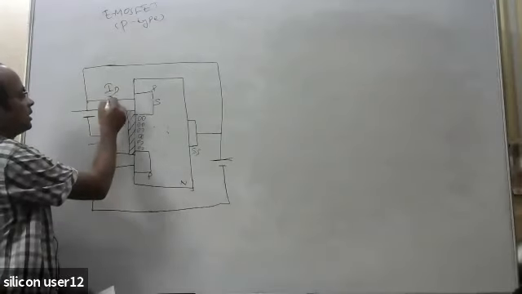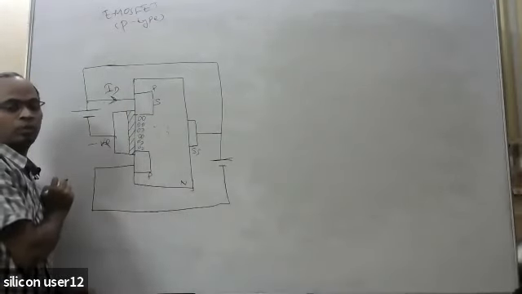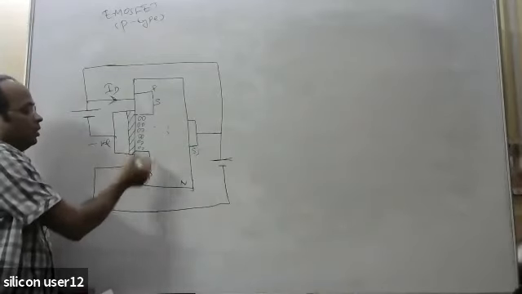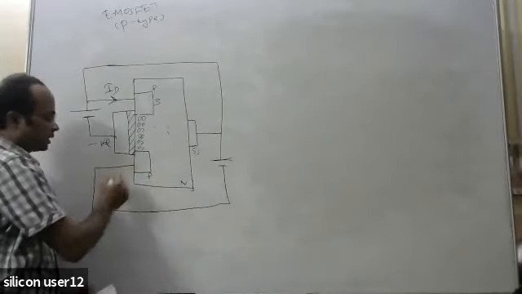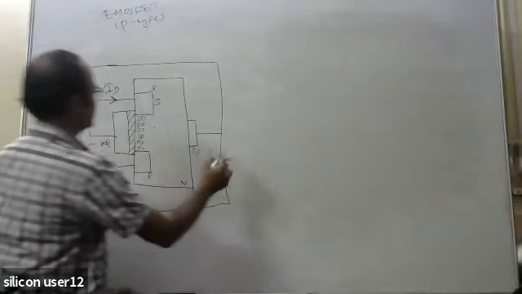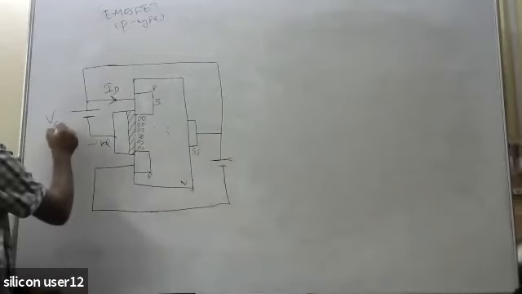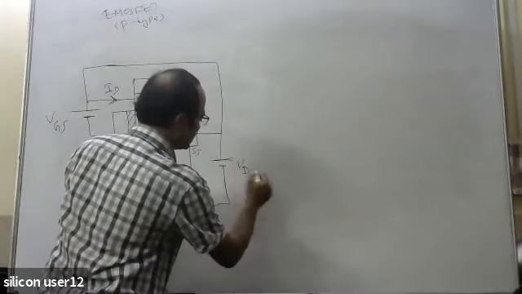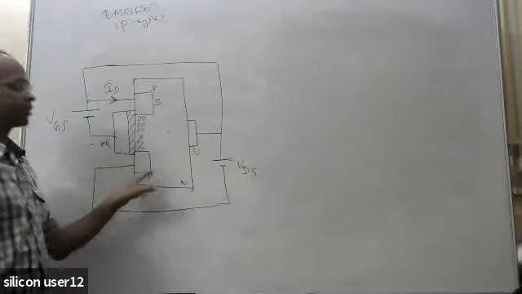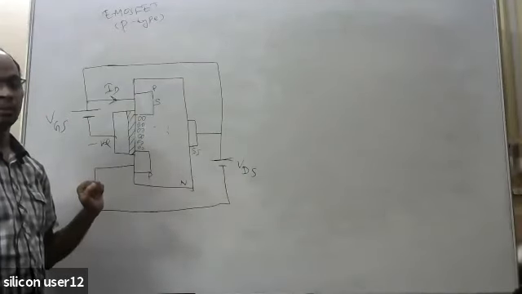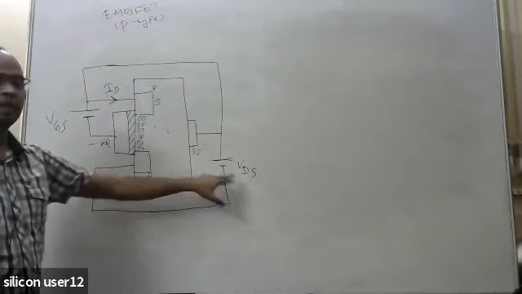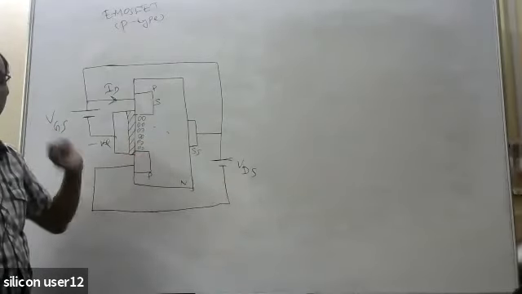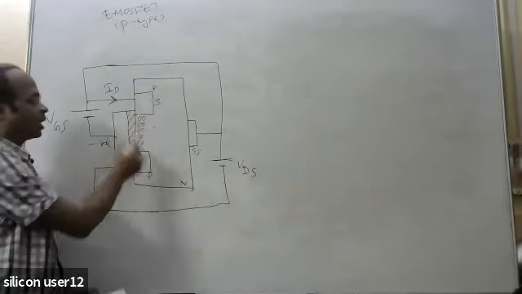Okay, this is the direction of the current flow. Here also, if you increase this VDS value, this one is your gate voltage with respect to source voltage, and here it is drain voltage with respect to the source voltage. Now if you increase this VDS value, what will happen? The current will increase. And here also the same phenomenon will occur.